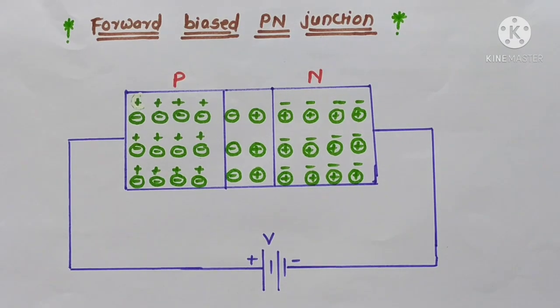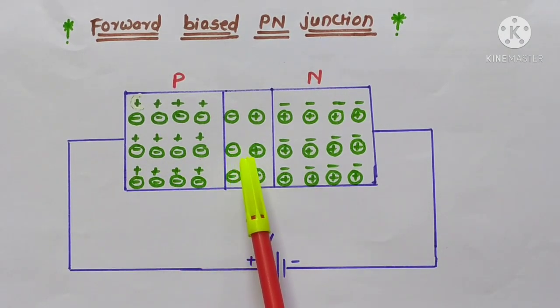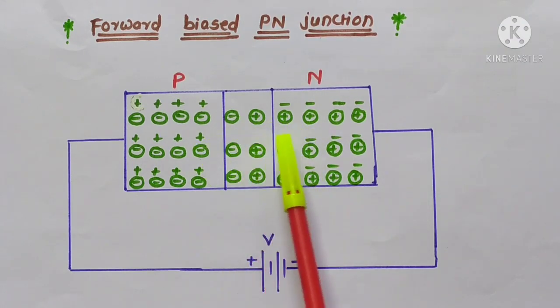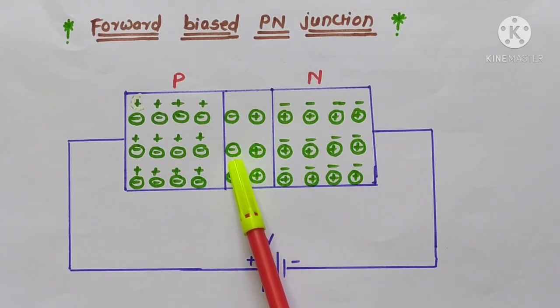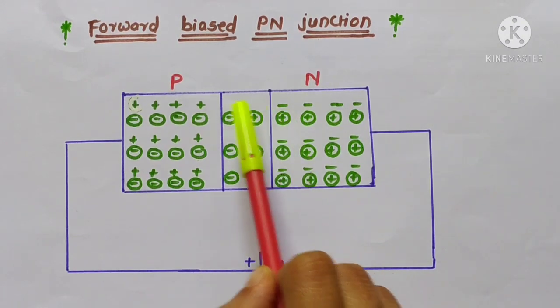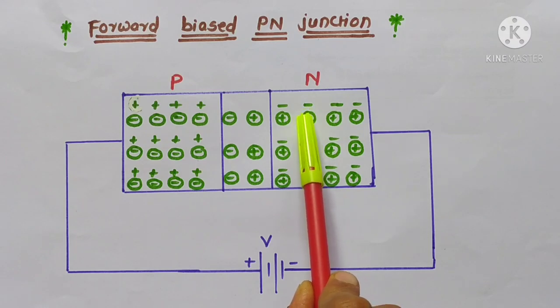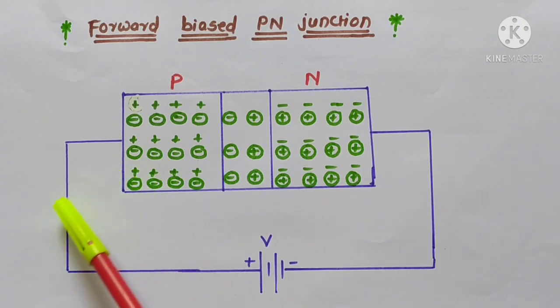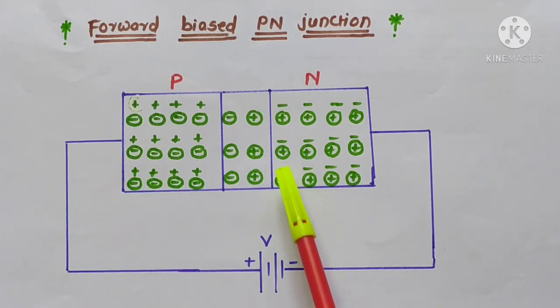And so in this condition, the free electrons from the n side can cross this depletion region, and once they cross the junction, they get attracted by the positive terminal of the battery. Is that clear students? Because as this is positive and negative, there is an attraction. I repeat again: when an electron from the n side crosses the junction and passes to the p-type, and this p-type is connected to the positive terminal of the battery, these free electrons get attracted by the positive terminal of the battery. Is that clear students? Okay.